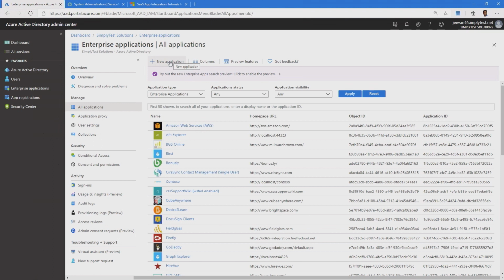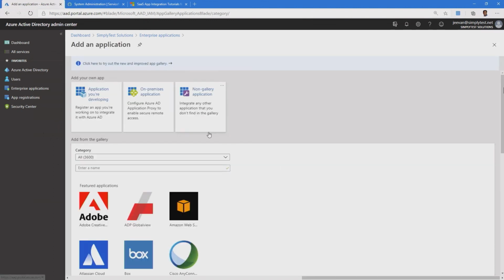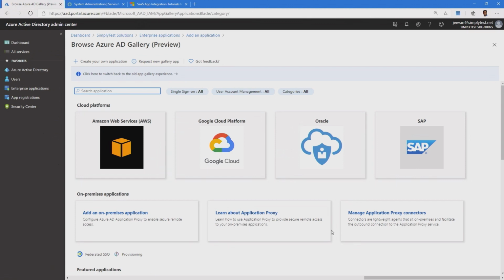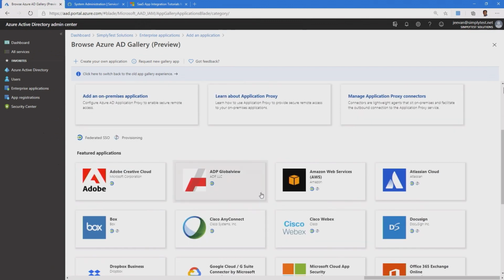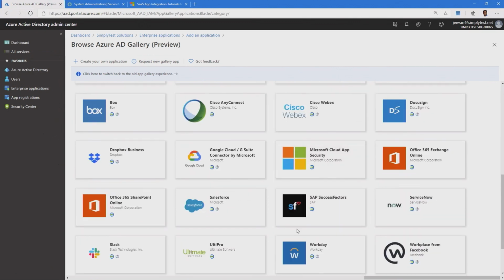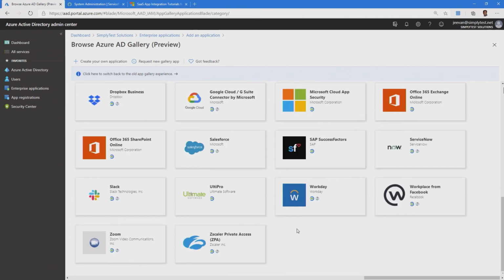When you click on the new application button, it surfaces the Azure Active Directory app gallery. There is also a new improved app gallery available, which you can preview. Along with different cloud platforms, Azure Active Directory also shows different featured applications. You can search for any application and add it from our gallery. All these applications are tested by Microsoft and certified so that you can use them as an integration.